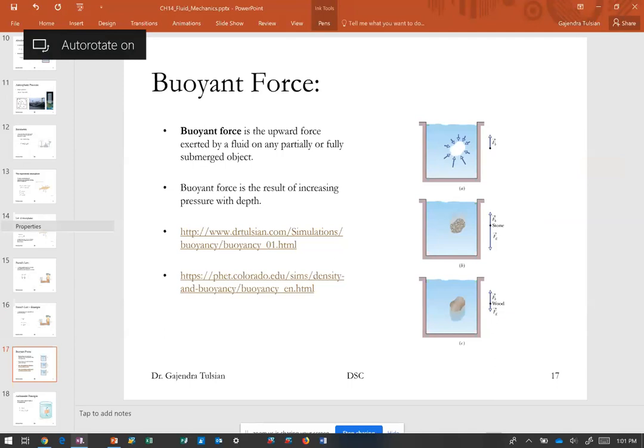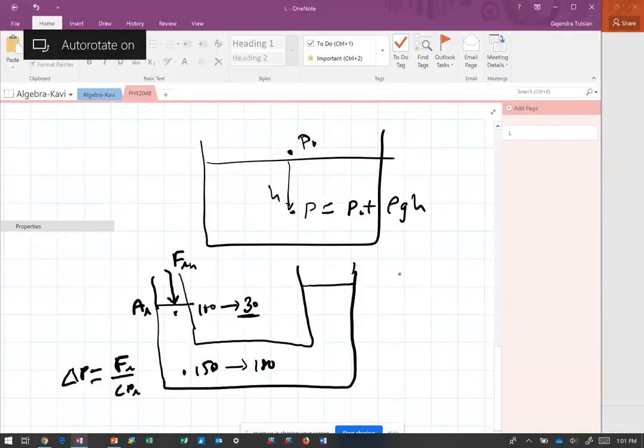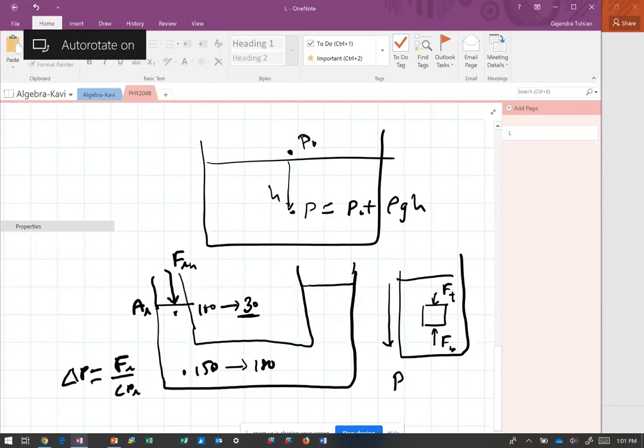You guys saw that the pressure in a fluid increases with depth. Okay, so now let's take an object like this. The pressure here is greater than the pressure here. So the force is pressure times area. So this force at the bottom will be greater than the force at the top. The force that the liquid exerts at the bottom